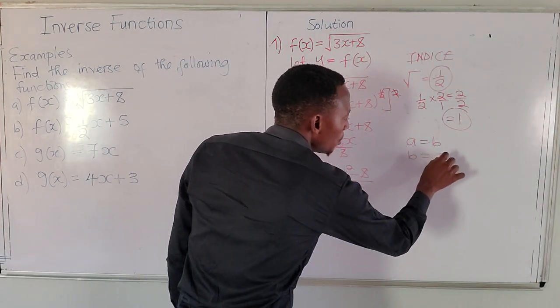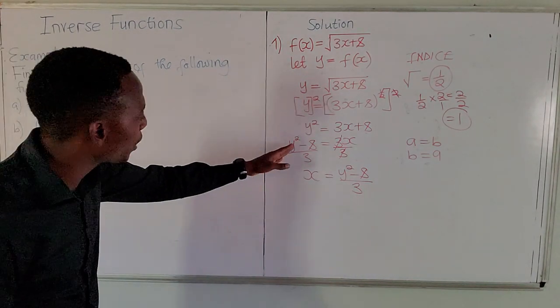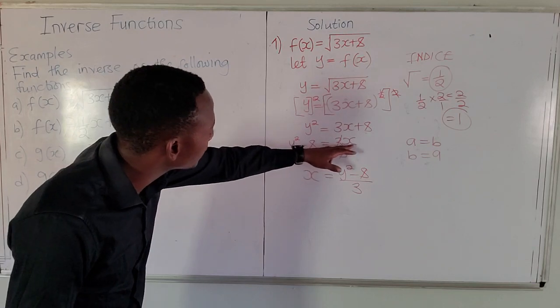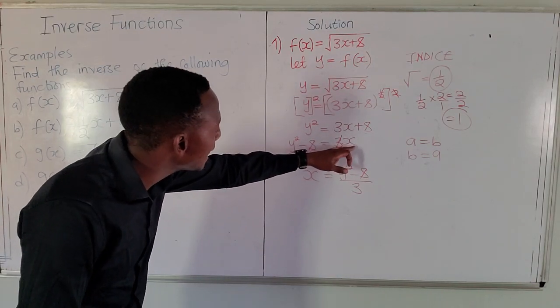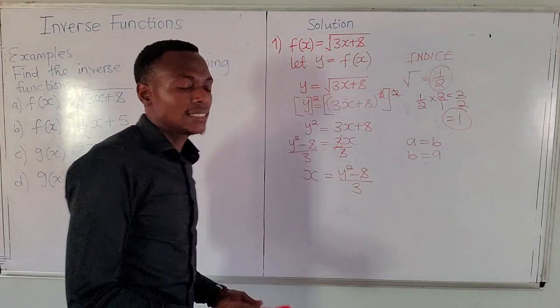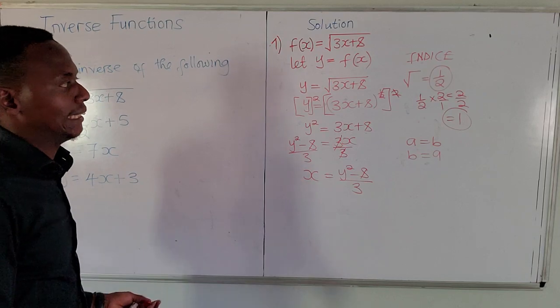b is equal to a. Have you seen? So even in this case, if y squared minus 8 over 3 is equal to x, I'm at liberty to write it as x is equal to y squared minus 8 over 3, using this simple principle. So from here, we interchange